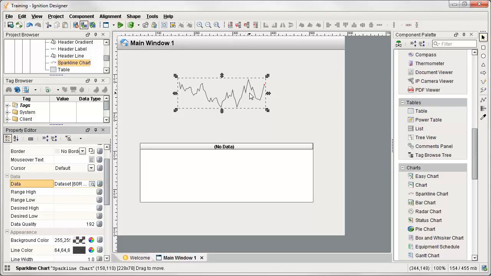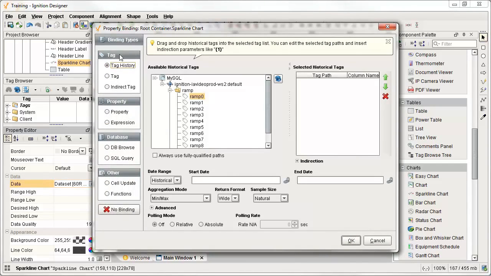So in the sparkline chart here, I can bring back the history for one tag and show it as a simple chart. So I can bind the data property here to tag history, which only shows up when you're binding a data set. I can then go and find an individual tag I want to look at. So I can only drag in one tag here. So I'm going to take RAM0, drag it over to my selected historical tags so I can bring back the